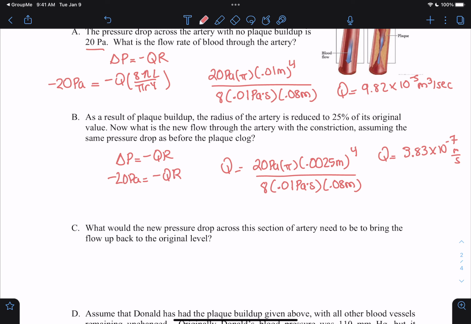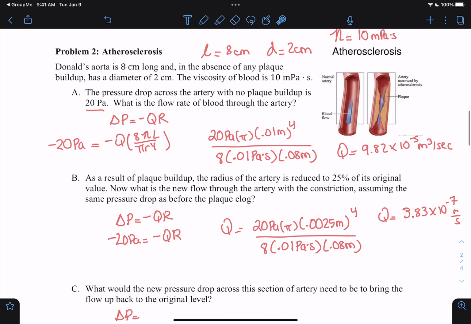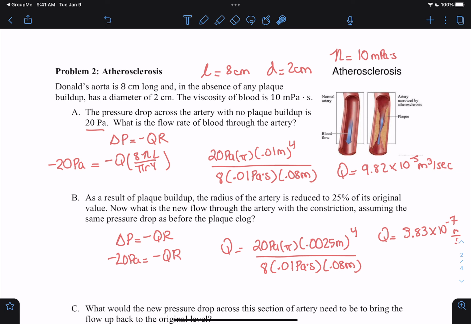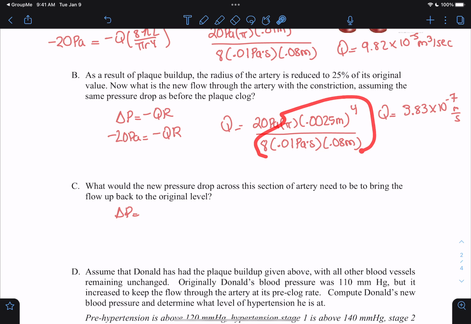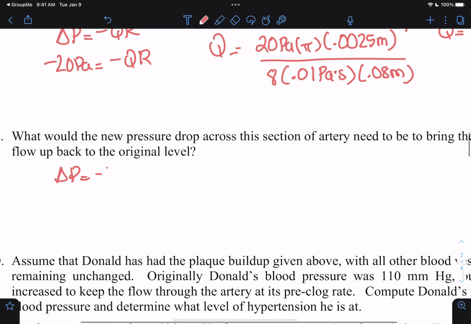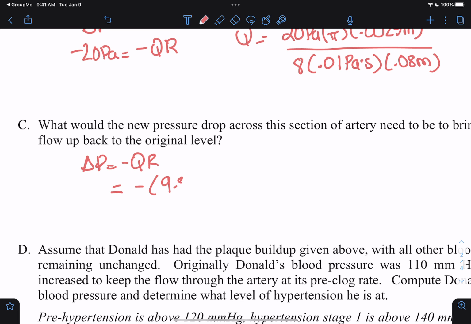Once again, this is going to be the same Poiseuille's equation, right? We just now need to figure out what the new pressure drop would have to be to maintain this 9.82 times 10 to the negative 5 meters cubed per second flow rate with this new constriction resistance value, right? So our QR here, our Q is going to be that, what is it again, 9.82 times 10 to the negative 5 meters cubed per second, right? And then our resistance value